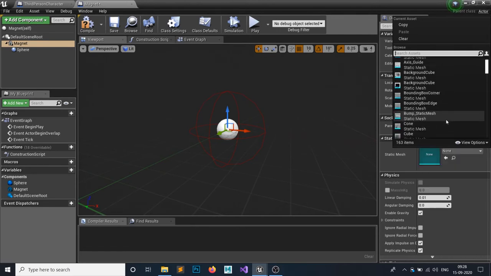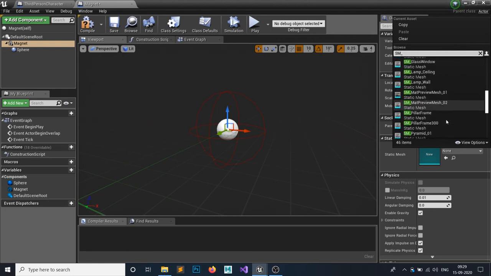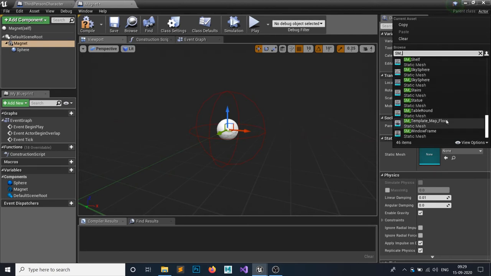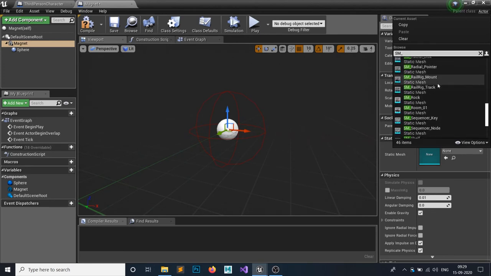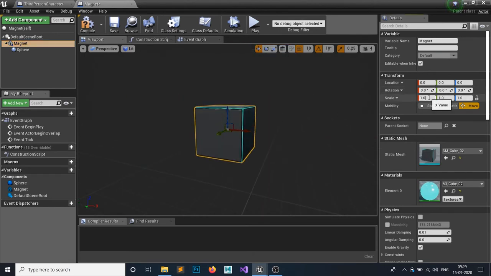And let's make something which looks like a magnet. I don't know what looks like a magnet. How to find a perfect thing? A cube would work fine. Yep, this could look fine.